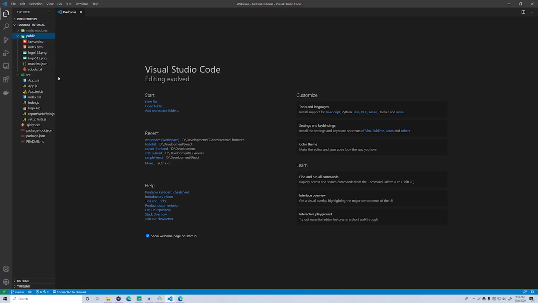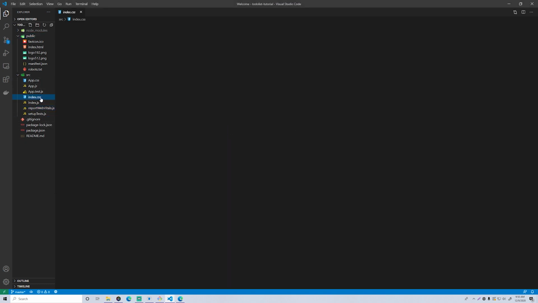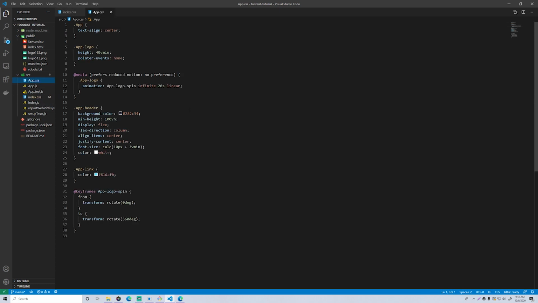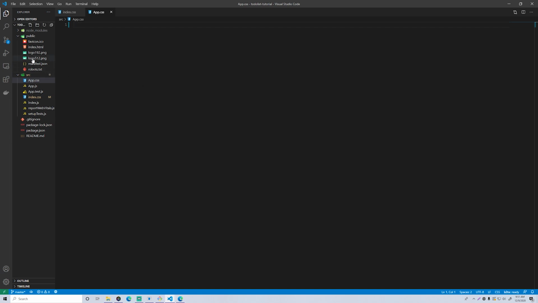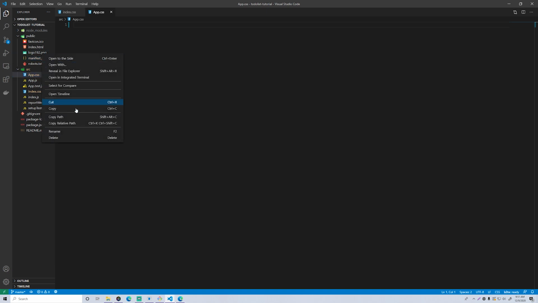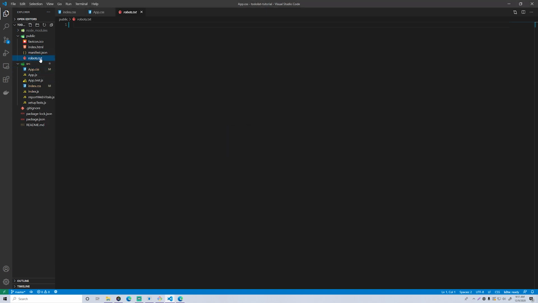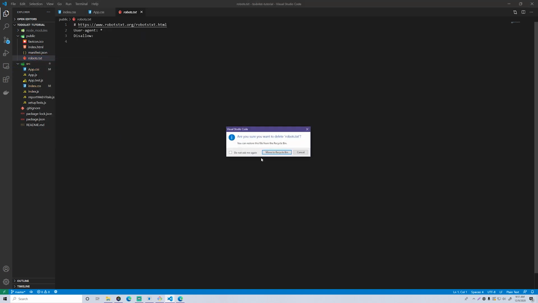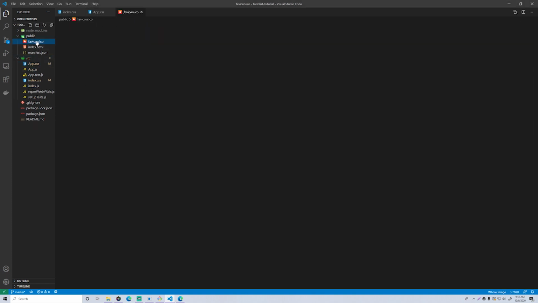So we got a couple of files generated here, and a lot of it's pretty much junk, but it's a nice little template to work with. So we can start deleting some stuff. So delete that. We don't need that. We can get rid of all this. We don't need this. We can get rid of all this. We don't need this. And we can get rid of all this too. And we can leave that one.